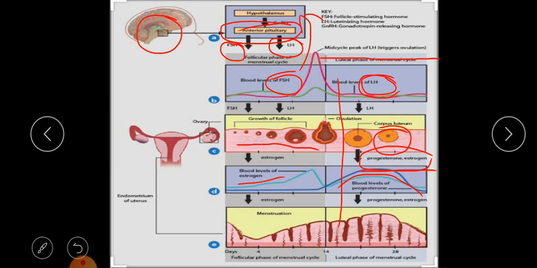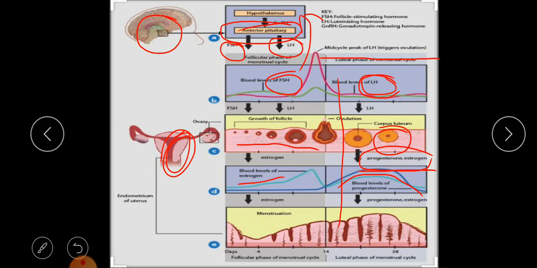So we have to understand clearly here what the function of estrogen is. Estrogen helps initiate the development of the endometrium lining, that is, the thickening of the endometrium lining, and progesterone helps in the maintenance of this endometrium lining. These two hormones play a very important role in endometrium development. That endometrium wall helps in the implantation process and the development of the embryo, which takes place inside the womb.